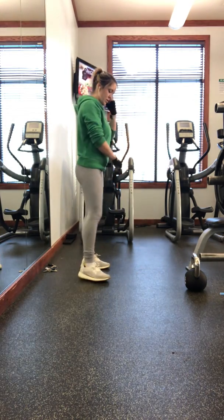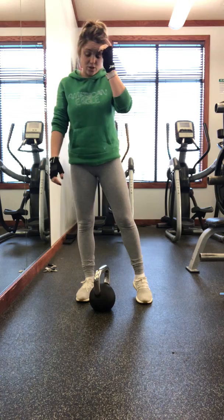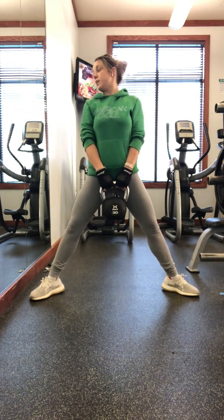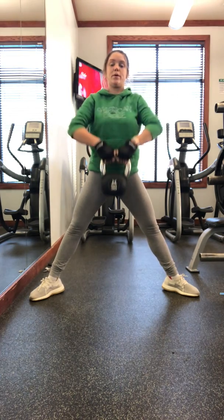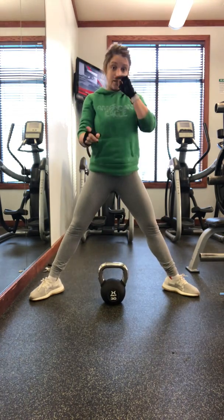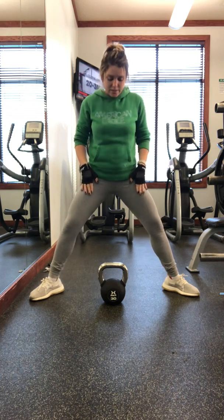The second one is going to be a sumo squat kettlebell raise. So essentially, what that looks like is this. You are going to squat all the way down, come up, lift it up, down. So, squat, up, down. Now, what's important about that is sumo is wide, your legs are out. If you're a ballet dancer, it's second position, guys. Second position,